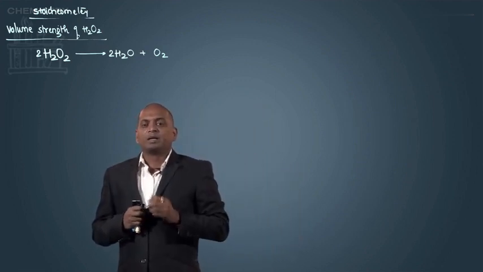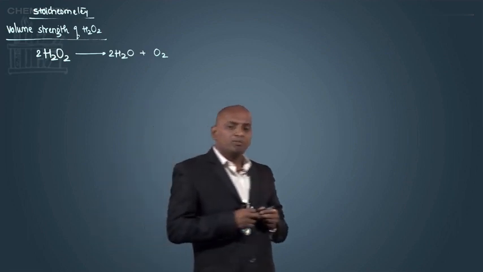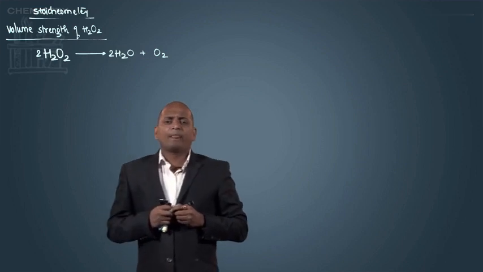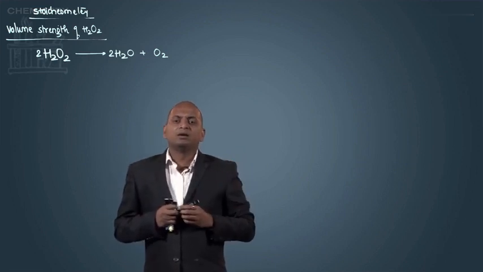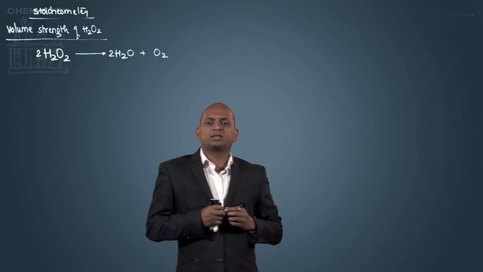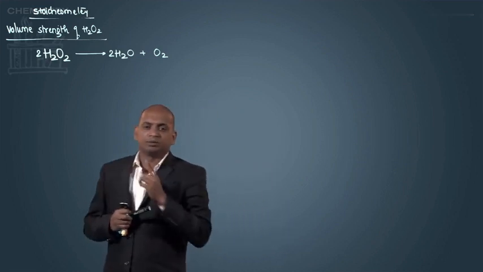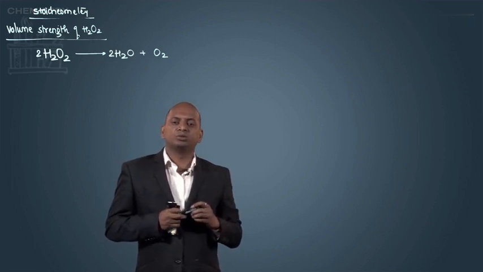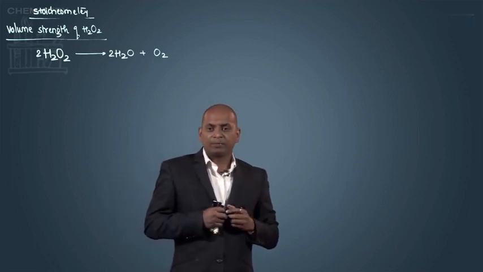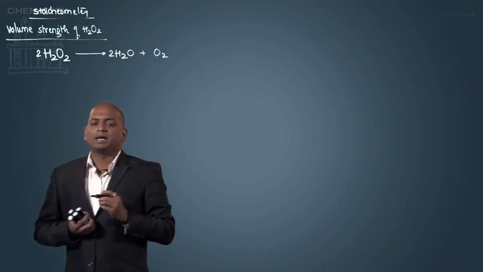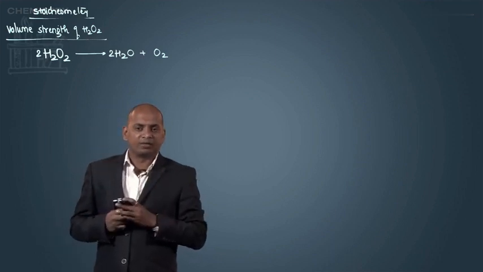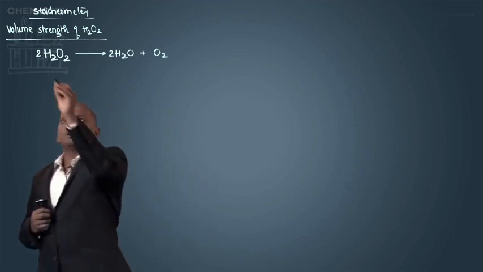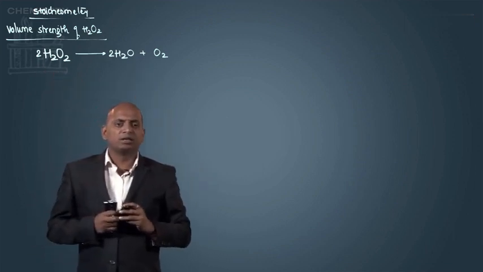This way, volume strength plays a very important role, because in medicine, the H2O2 concentration is measured in terms of volume strength. So, how much oxygen is liberated, because that oxygen is used as a disinfectant. So, let us consider this calculation part first, then we will go for some problems. If we consider this calculation, it suggests that